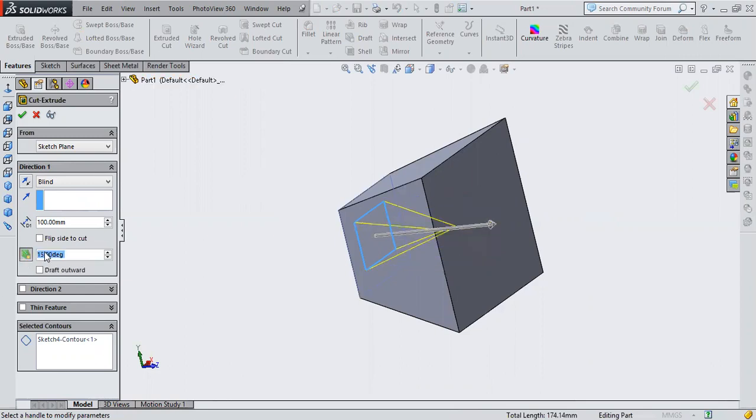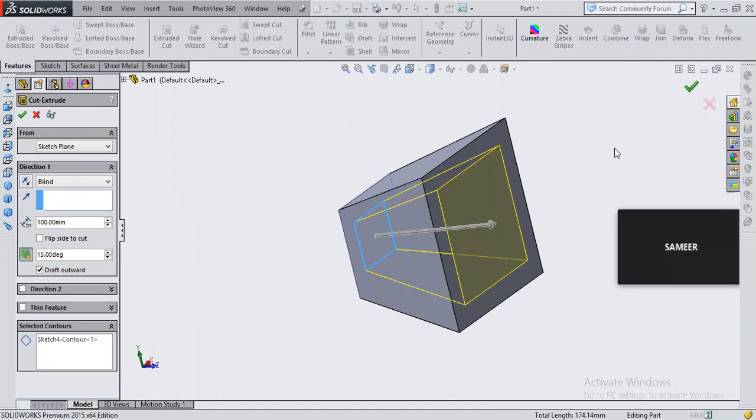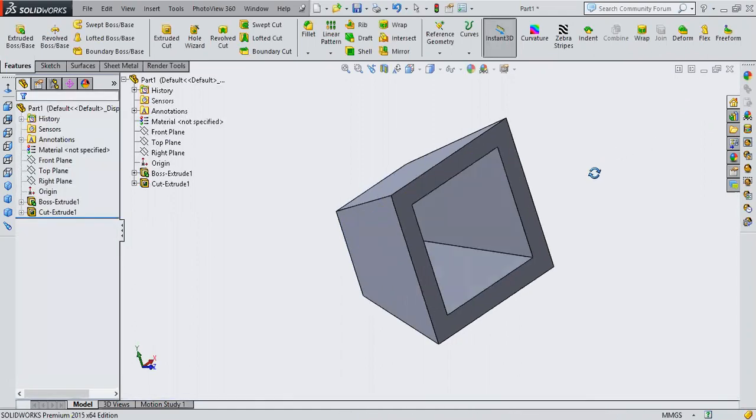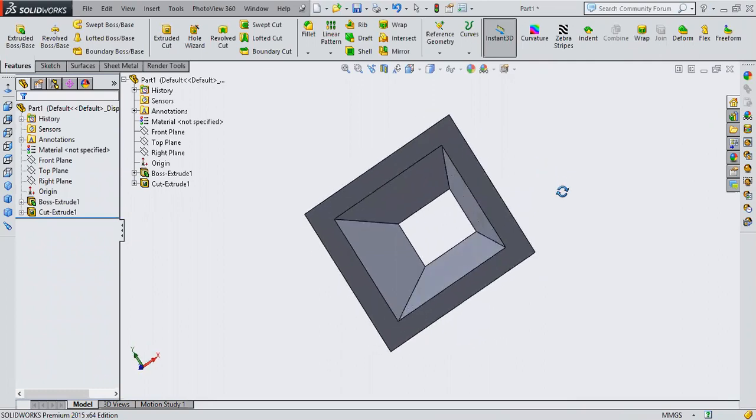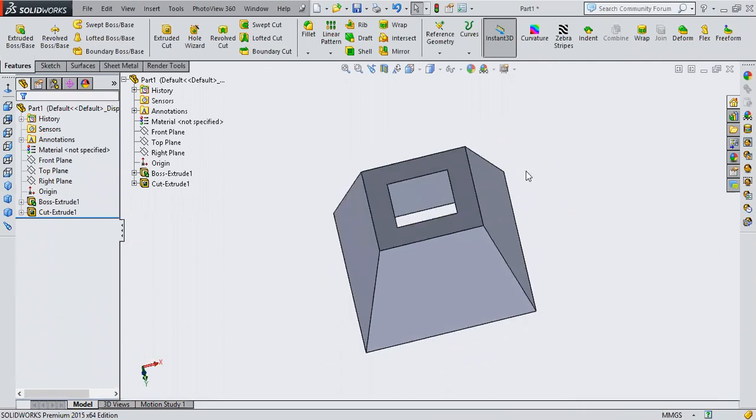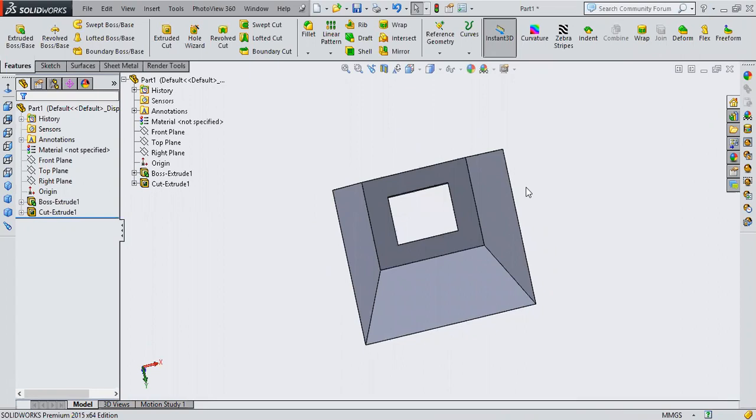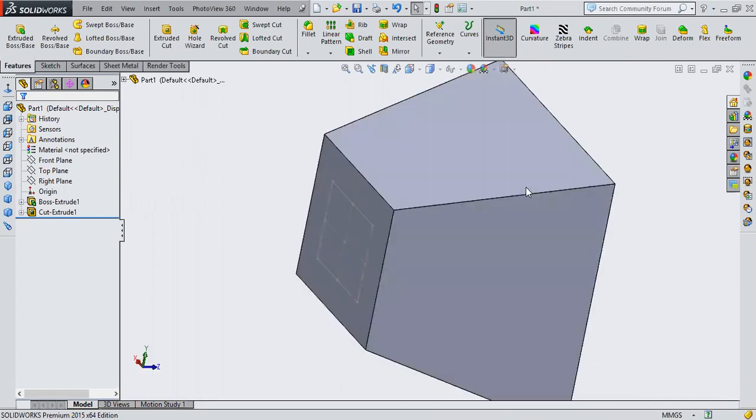There the material is added, here the material will be removed. Say again, I'll just use this draft. So I'll say draft outwards and I'll say OK here. Once you say OK, instead of adding, the material has been removed. Got my point? Any issues? No, sir. Material adding and material removing? Okay, great. So now I'll just move on to this revolve boss bar base.